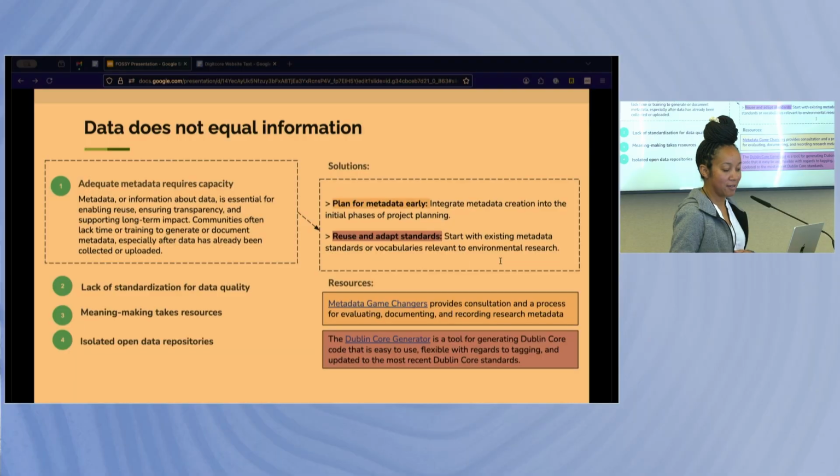Again, I love this. The next theme is that data does not equal information. So open infrastructure should go beyond making data available. It should also aim to make it understandable, usable, and trustworthy. I think this one kind of came out of just conversations with community members. As I mentioned before, there's this trust thing that has to happen.